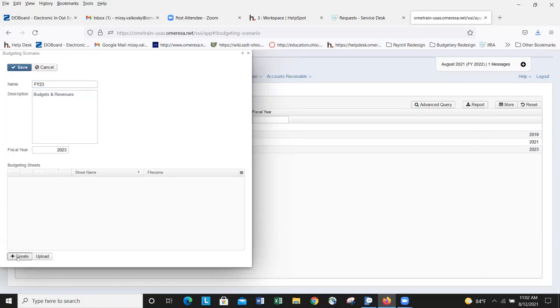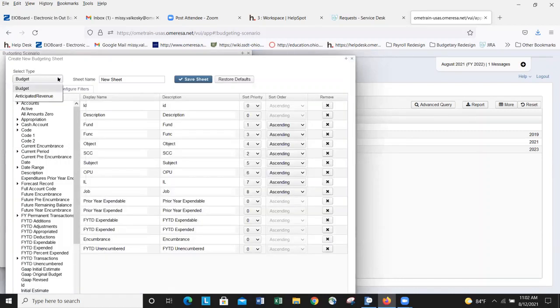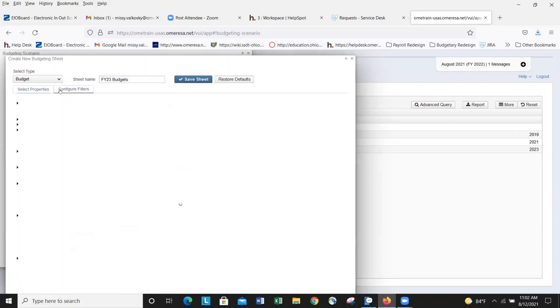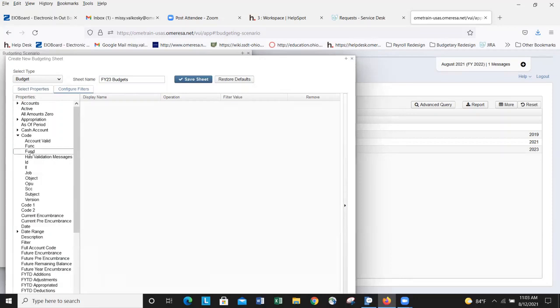So you hit create for your spreadsheet. We're going to work on budgets first because you're going to do both. And you're going to name your sheet whatever you want. Now, if you wanted to break it out, or even if you want it all together, you go over onto the second tab, do the drop down on the code, fund, double click it, it will move over, equals,